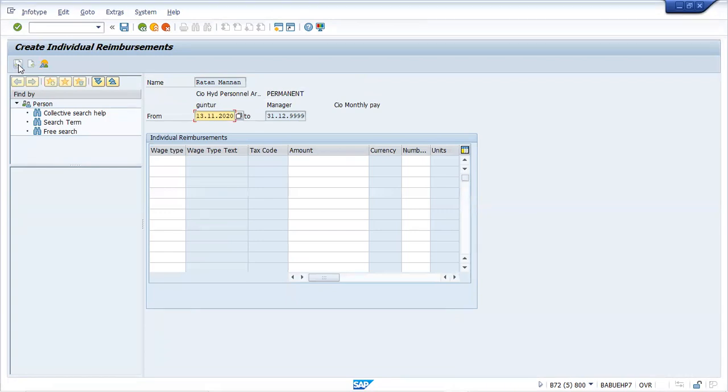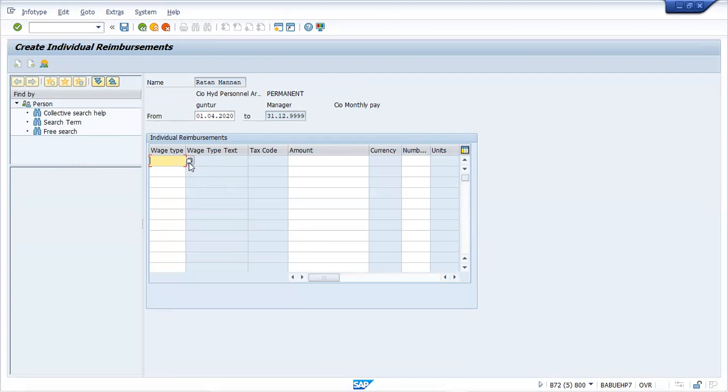In this info type 589, you can try something. By default, it will take today's date only. So you can try for the month of April. And for this, you can also categorize different kinds of eligibility, different types of employee grouping and subgrouping. Depending upon that, we can have different categories of this reimbursement, and all these reimbursements will be identified by the tax code.